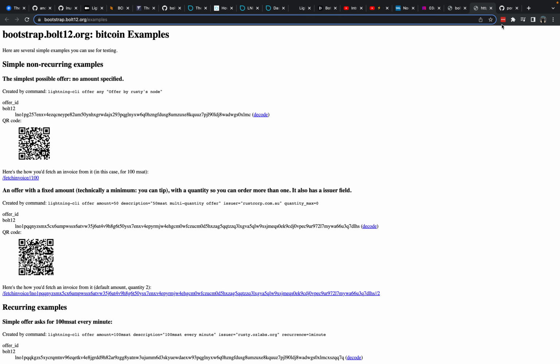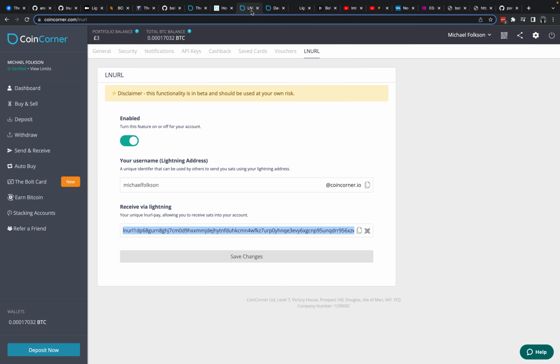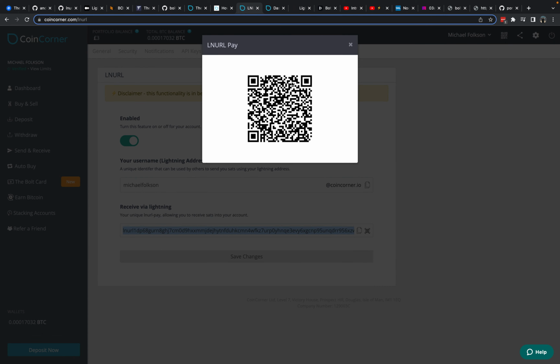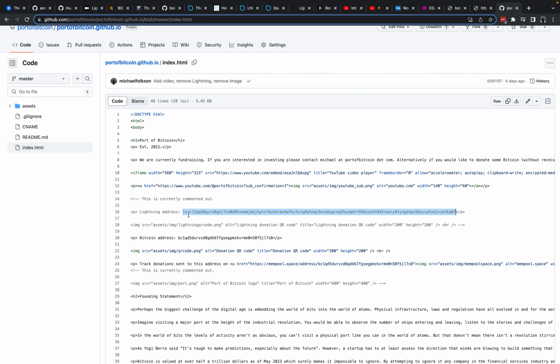So just to wrap up, once you have this Lightning address, in Coin Corner I can get the QR code for this LNURL or this Lightning address, and just click on this little icon to get the QR code. So now I have a QR code, I can take a picture of that to get an image of the QR code, and if I have a website, I can just put the LNURL